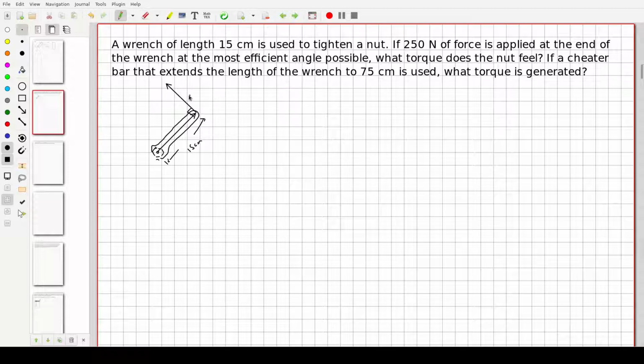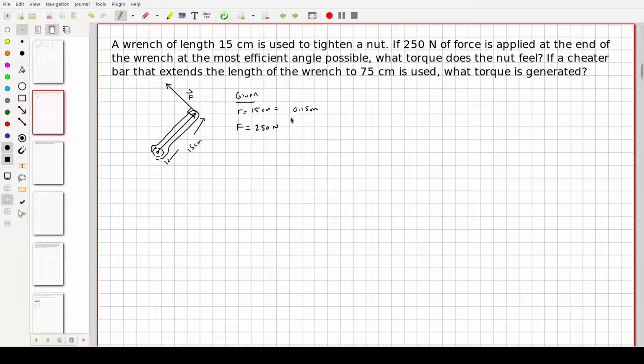Okay, so here's the direction of R and F. If we want this thing to rotate in the most efficient way possible, you push out at the end of the handle and you push it 90 degrees to R. Okay, so what are we given here? The length of R is 15 centimeters, which is 0.15 meters. And the force that we're applying in magnitude is